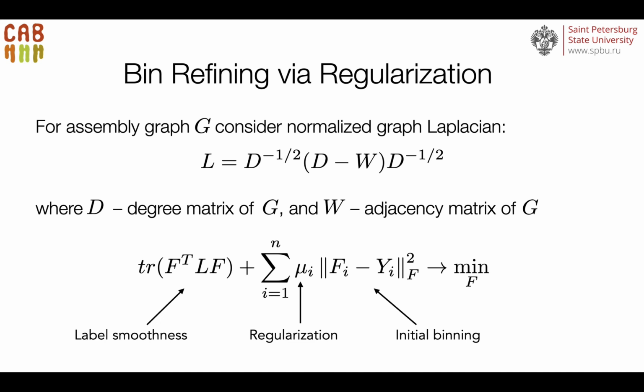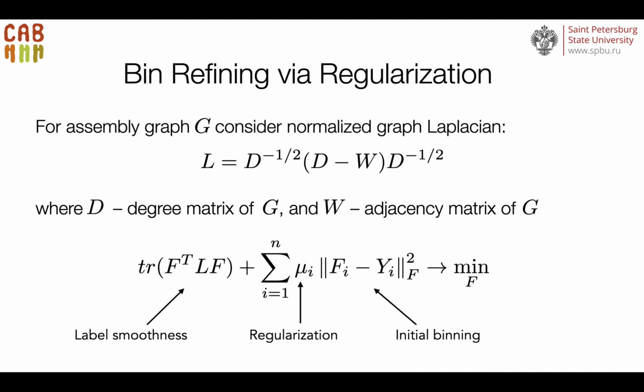BinSPreader operates within the so-called regularization framework, and the whole idea is to find the proper balance between the smoothness of how the bin assignment changes when we work over the graph. So certainly we expect that close edges will have a similar bin assignment. And on the other hand, we want to keep as much of the initial binning as possible. So all this is grouped together, and therefore we end up with this kind of regularization, with the minimization problem